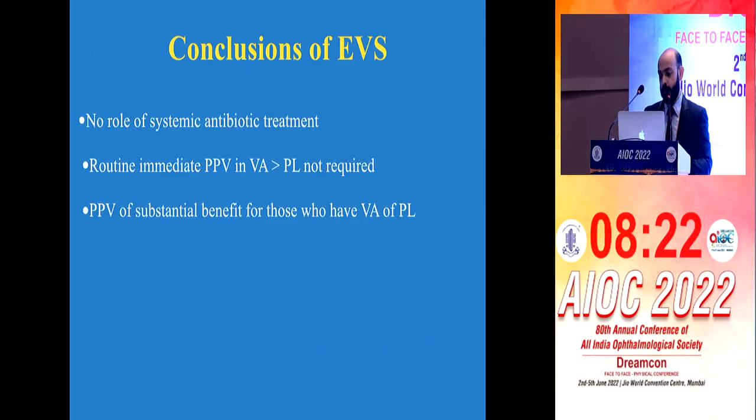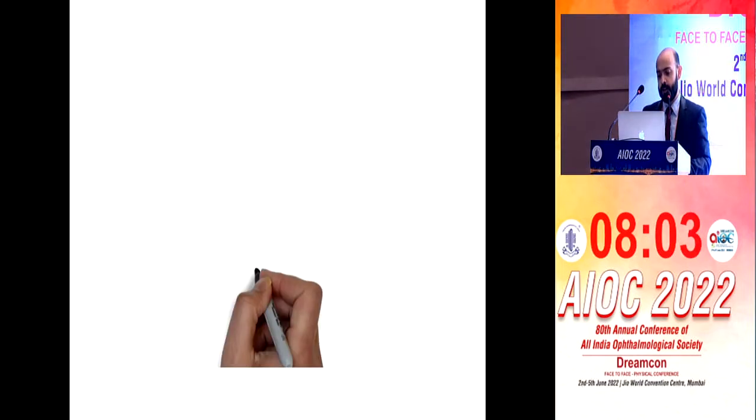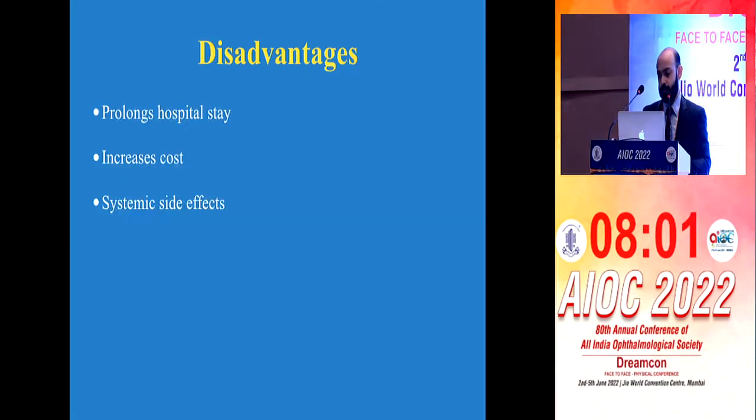However, the EVS study concluded that there was no role of systemic antibiotics, that immediate pars plana vitrectomy is not required when the visual acuity is better than PL, and only when the patient has a visual acuity of PL or less, only then you should go for a pars plana vitrectomy. However, there has been some